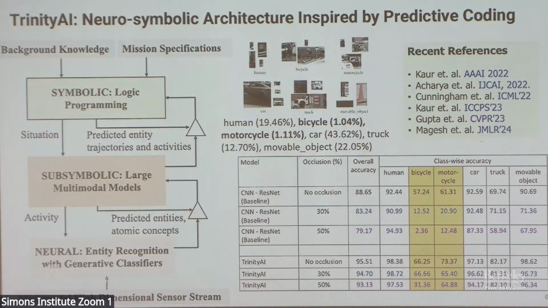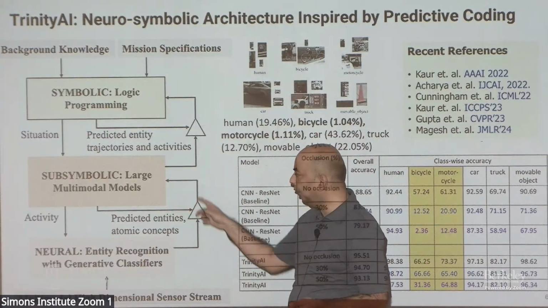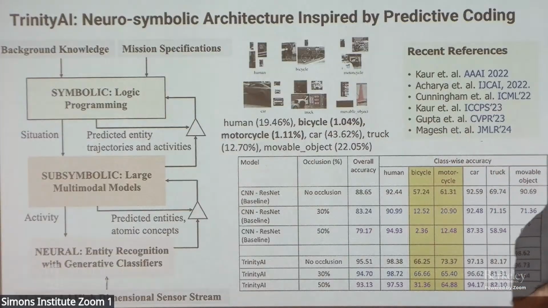What we do is that the bottom layer finds atomic concepts and feeds them to the foundation model, and the foundation model is built in a larger narrative of a longer, wider context. Then, based on its own prediction, it re-predicts what the bottom layer should have seen. The mismatch between the predictions that the bottom layer made and the top layer made, that difference is the surprise. Because these two abstraction layers, which are working at completely different spatial and temporal levels, are disagreeing. If they're disagreeing, then we are surprised because our narrative about the world is no longer consistent.